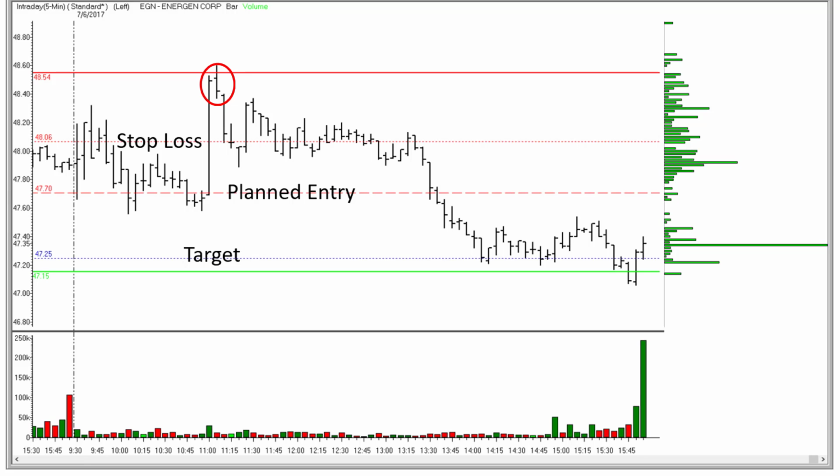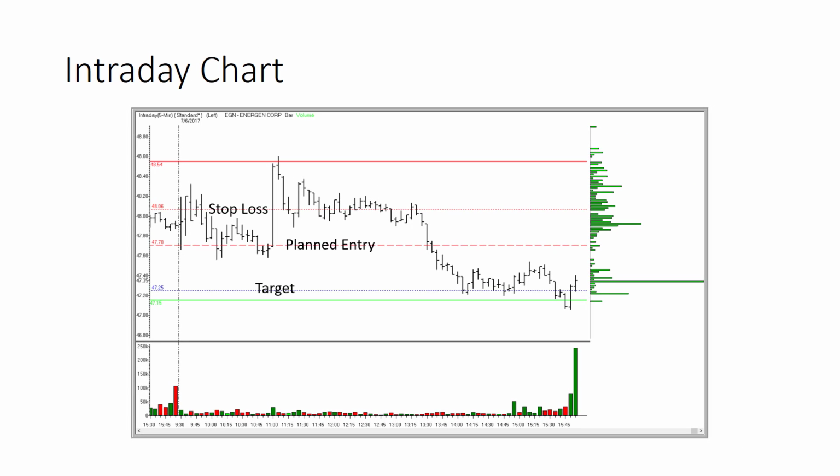It hits the line, assuming you got the trade off at $48.54, and then you let this move. Over the course of the session, you made it down to $47.25. Now you've got a $1.29 move in your favor, and what that does for you is wipes out that loss and turns the trade into something that's potentially profitable instead of something that potentially generated a stop out two times. So again, how do you handle it?